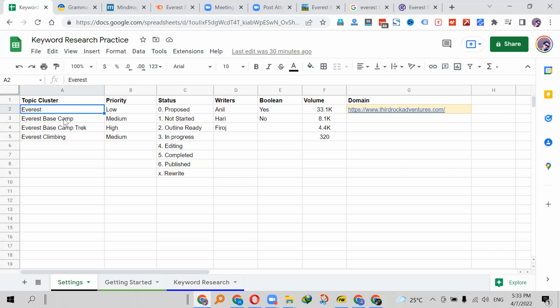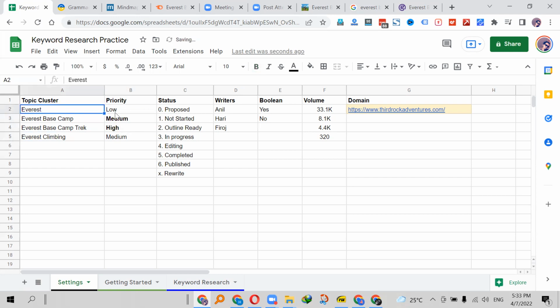And now if I talk about Everest, I want to write about Everest Base Camp. So Everest Base Camp, how it is, what the elevation is, and the Everest Base Camp trek, how difficult the Everest Base Camp trek is, and obviously I want to talk about Everest climbing. So these are my basic ideas. Here my basic targeting is medium. Here I want to rank on this, which is high, and other than that I want to rank on this medium part. So I'm giving less priority to Everest,